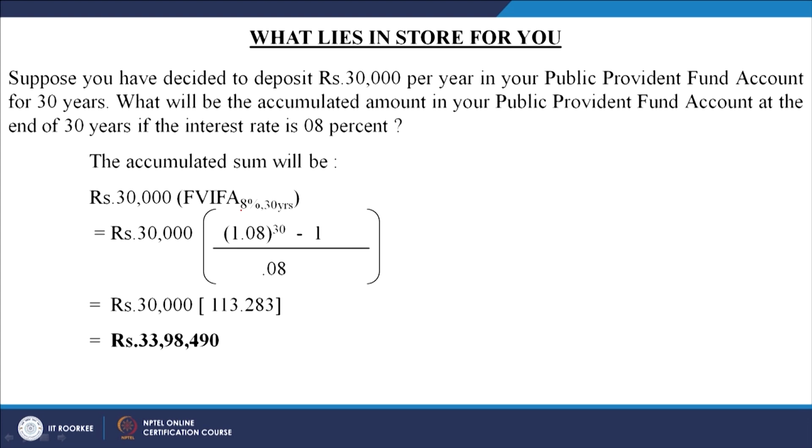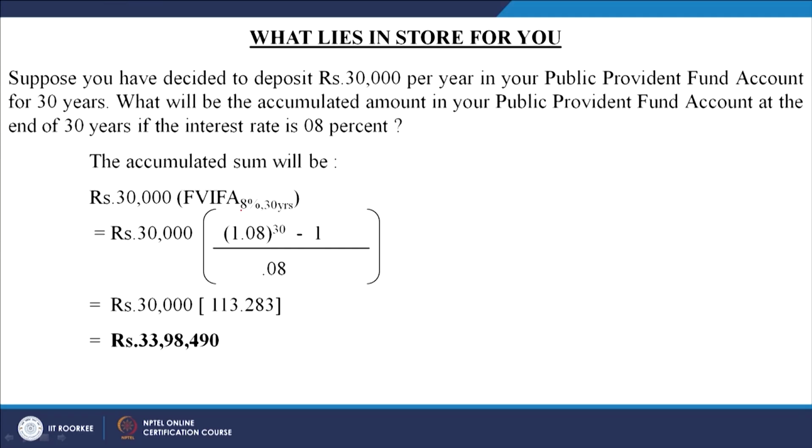One important point of caution here I would like to share with you. When you look for the future value interest factor tables, there will be 2 tables in every book. If you open Financial Management by Prasanna Chandra, the book which I am following for all this discussion, at the end of the book 2 tables are given. One table gives you the FVIF, future value interest factor. That interest factor is only for a single amount. But if you want to find out the future value interest factor for an annuity, then there is another table which is called FVIFA.